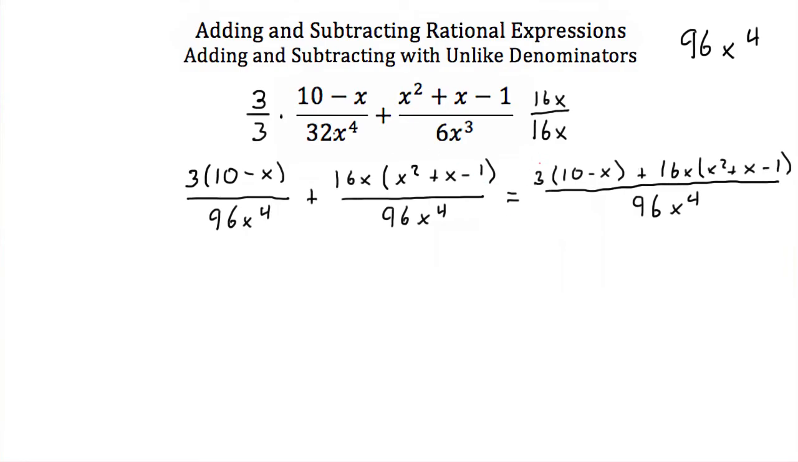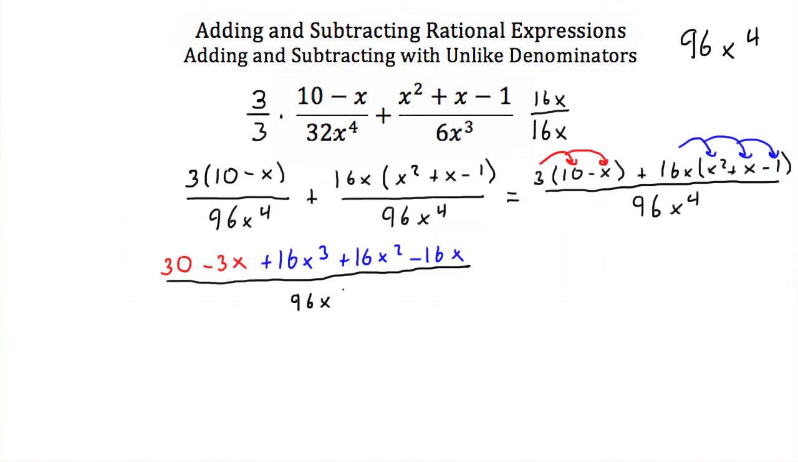So I would distribute this 3 inside this set of parentheses, and I would distribute this 16x inside of this set of parentheses. If I do that, 3 times 10 is 30. 3 times negative x is a minus 3x. 16x times x squared would be 16x cubed. 16x times x is 16x squared. And 16x times a negative 1 is minus 16x. Of course, this is all still over